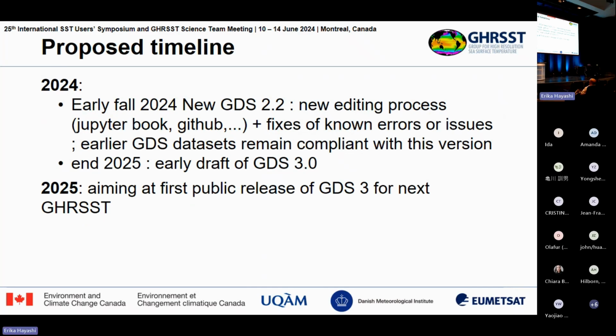So we want first to address this ultimate GDS 2 version. These are mostly minor fixes, and that will also be the full conversion of the Word document to this Jupyter book. Hopefully that should be fairly quick to do, and we will aim at early this fall to deliver this GDS 2.2 version. And in parallel and after, we really want to start working on the version 3, addressing